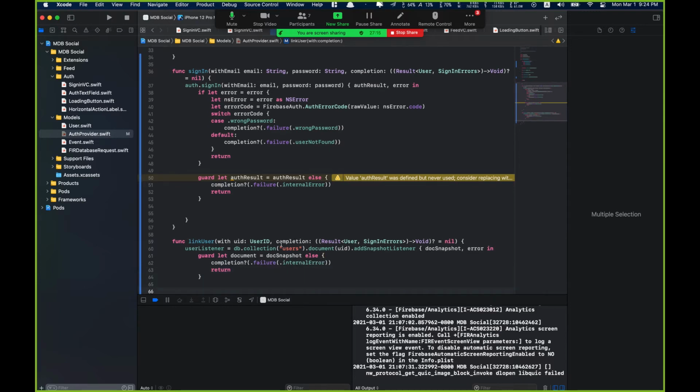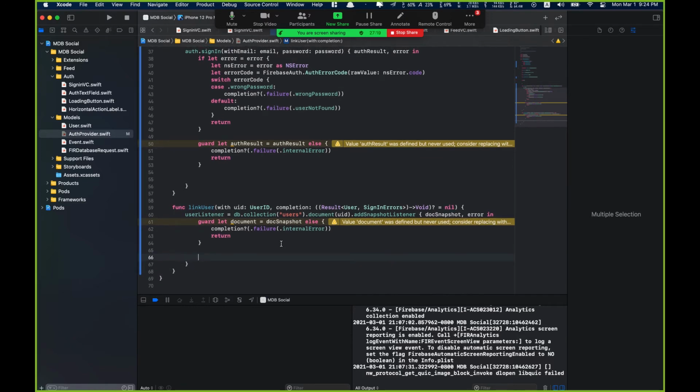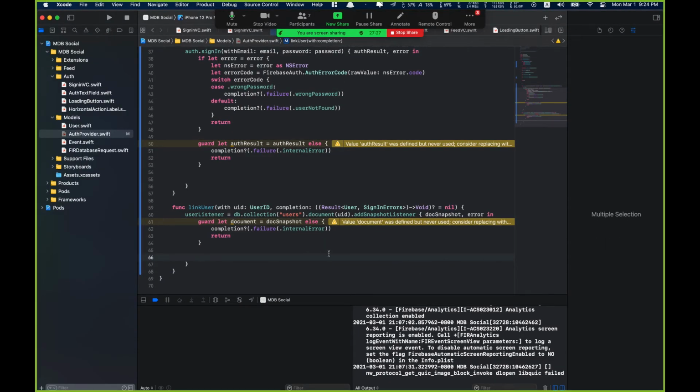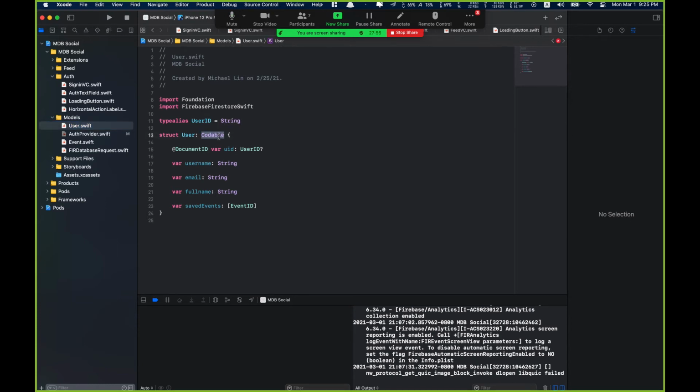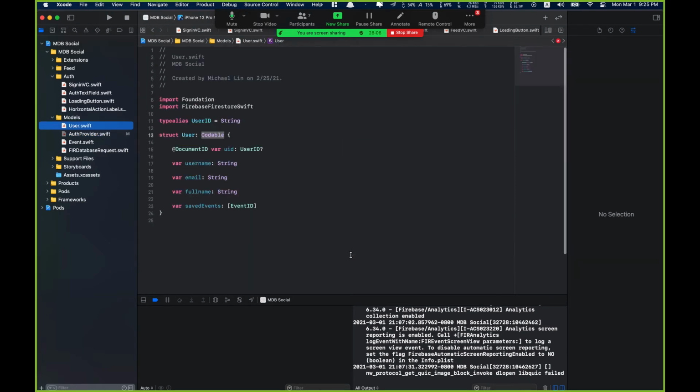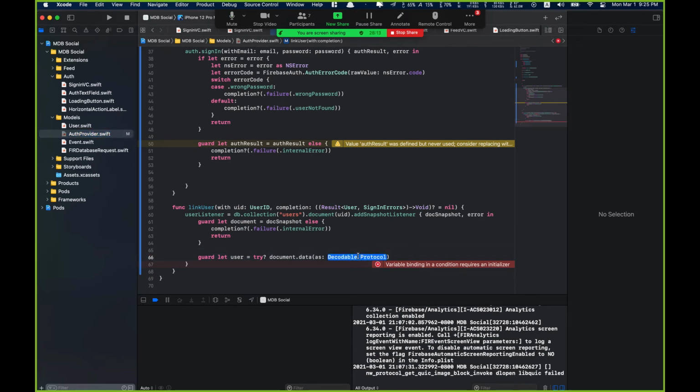Now the document snapshot is going to include our user document, the user object, but we still have to decode it as the Swift internal user class. The syntax we're going to use is the document data syntax. This will be the syntax that you'll be using for basically all of the database requests. So here we have the document, and then we're going to say data as, you see it's expecting a decodable protocol, and our user class is already codable, and being codable means it's decodable plus encodable. So it includes the decodable protocol requirement. So we're going to say as user dot self,